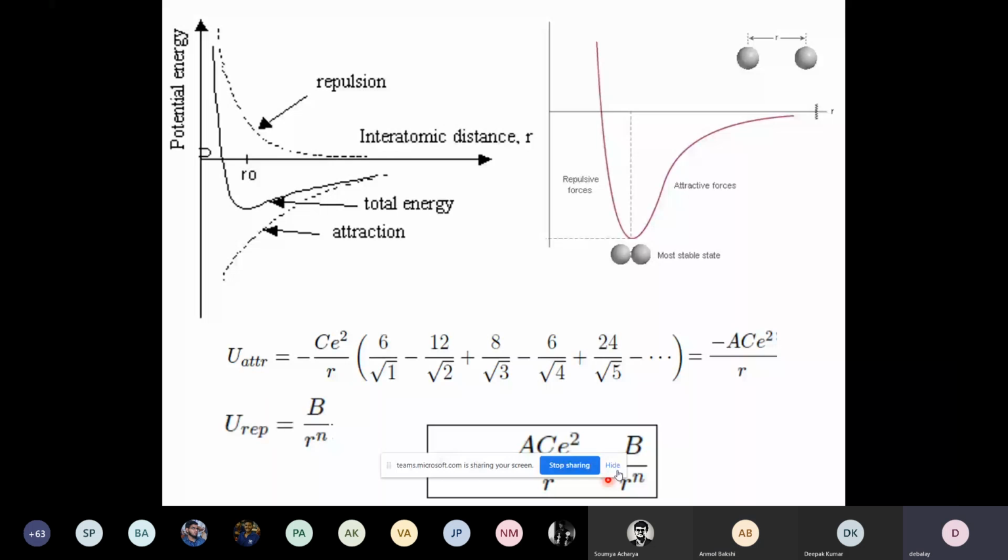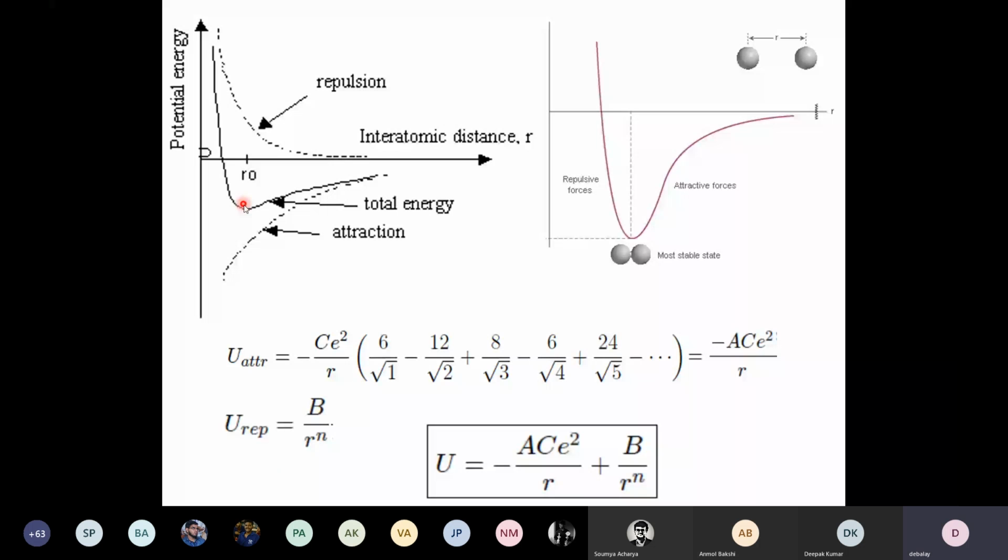There is an attraction. We have covered this thing. And attraction and repulsion force, how this varies with distance, you can see by these functions. Basically both are inversely proportional to the distance. Here r is the distance of separation. So they are following this kind of behavior. So finally, this U-shaped curve shows the resultant.